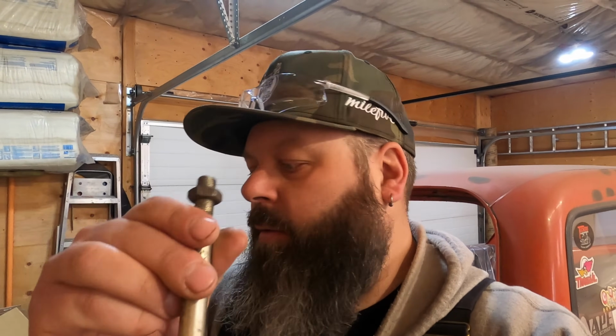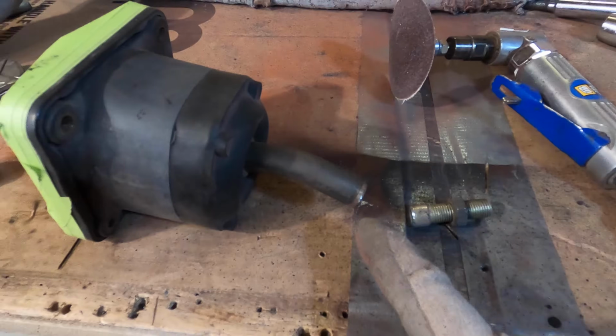So I think this will probably work better since that's aluminum and I can't weld aluminum. So yeah, that's just not going to work. And I'm not going to get set up to weld aluminum because there's no point. The truck's all steel. So shifter cut,